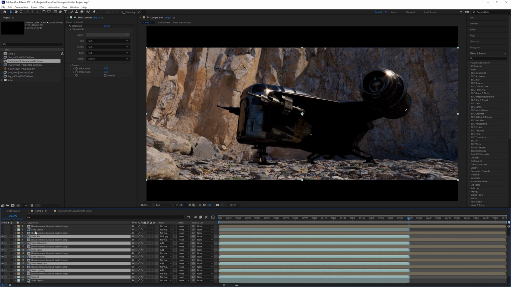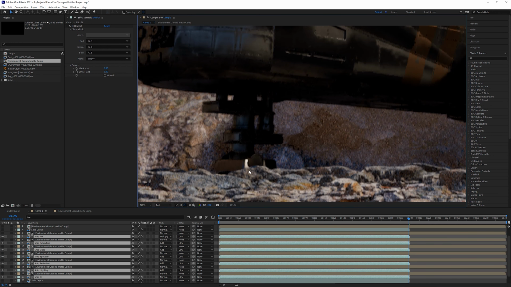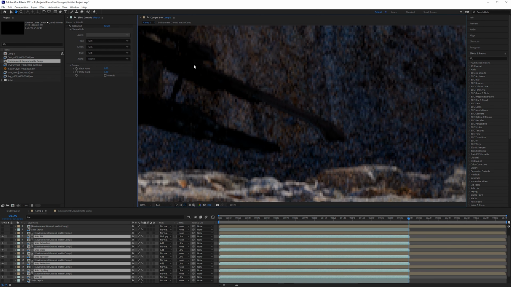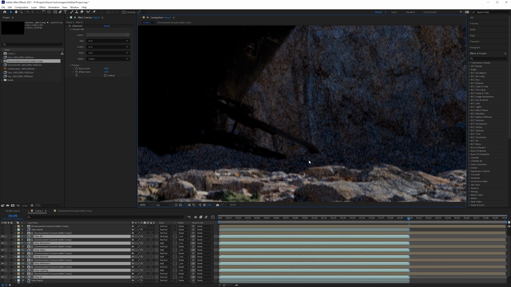And then for the track matte, because this ground plane is white, and we actually don't want it to show up where it's white, we would say on our track matte, Luma inverted. And as soon as we do that, we can see that, hey, the gear is now behind the rocks and everything is good, except for the fact that our screen right landing gear thinks it is actually behind the base of the cliff here, which is not correct.